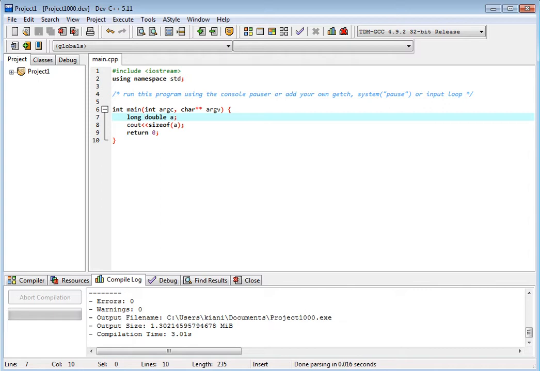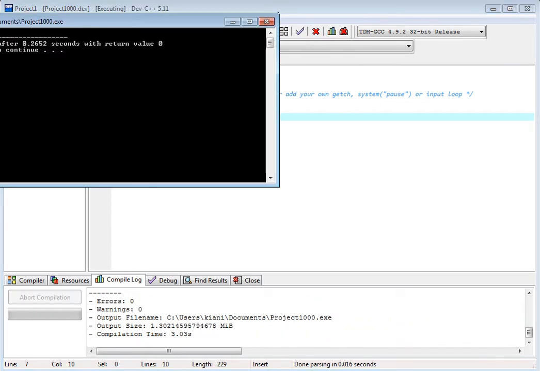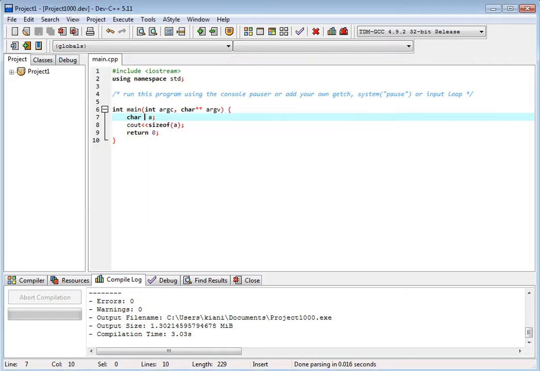If I write character a, then it will print 1 byte. One character is 8 bits long, 1 byte long. Okay. You can print strings. A string is a combination of characters, plus an extra backslash 0 string terminator, right?